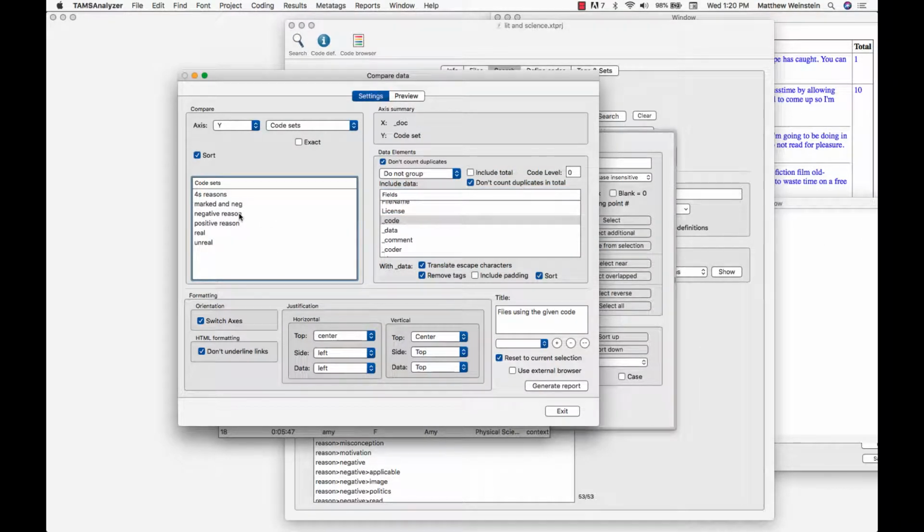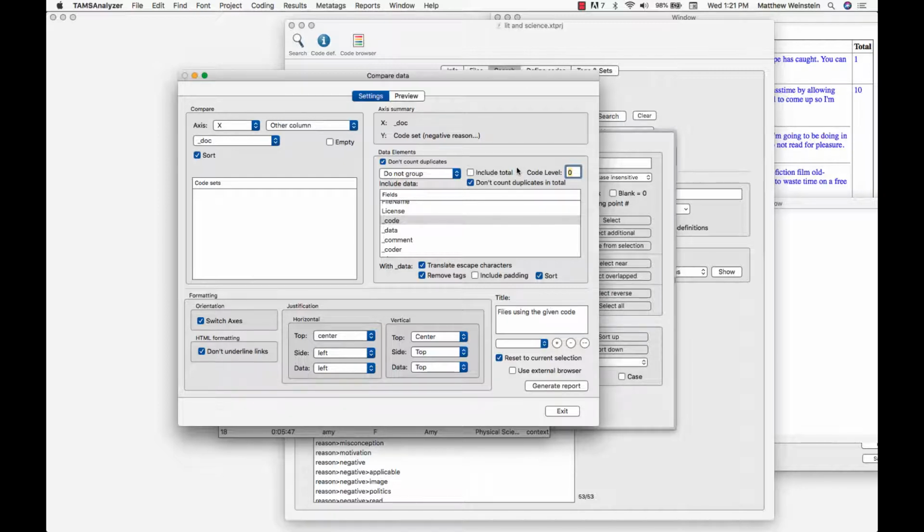One of those code sets are codes that deal with negative reasons, and another code set for dealing with positive reasons. And what I'd like to know is, I'd like to look at those negative and positive reasons across, those are going down, but across the top, I want my people I'm interviewing. And so I've picked doc across the top. So X is doc, code set is negative reason,